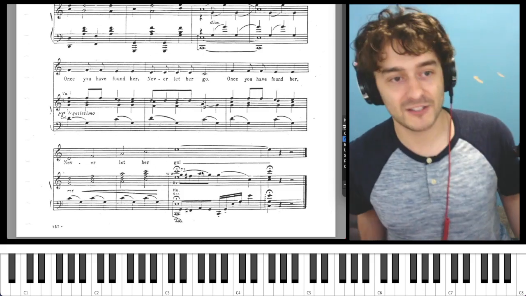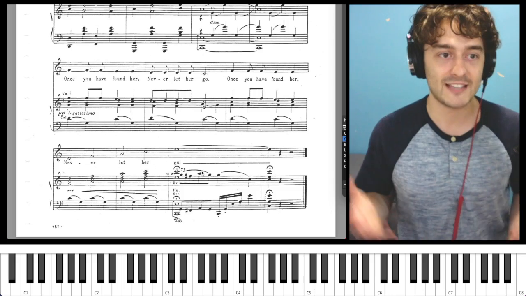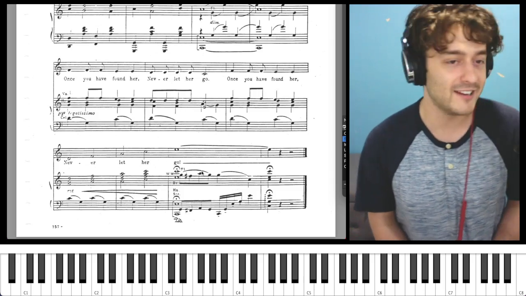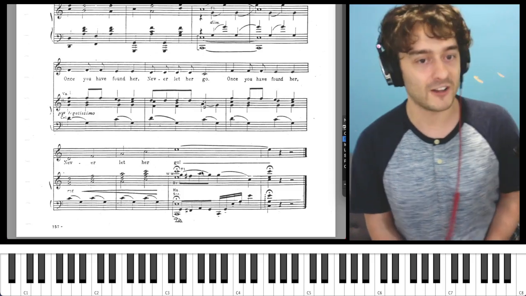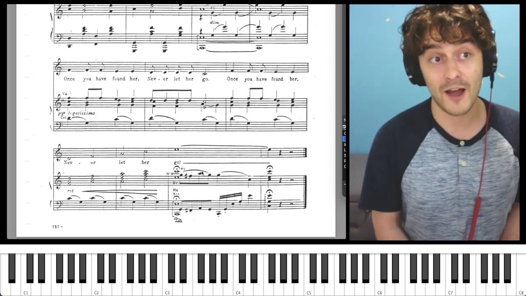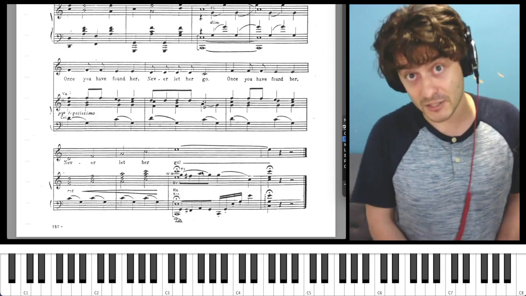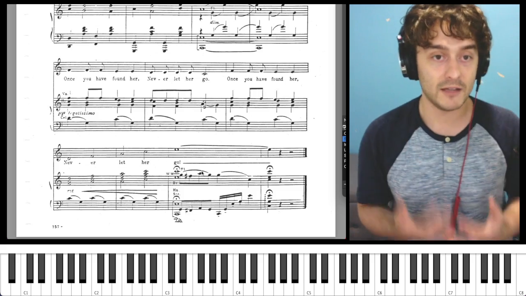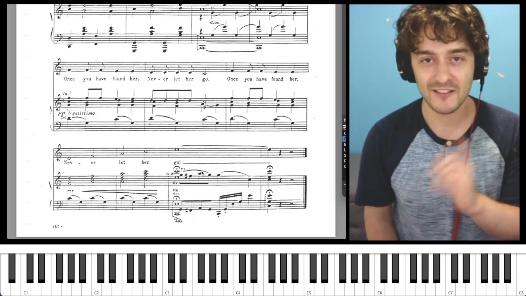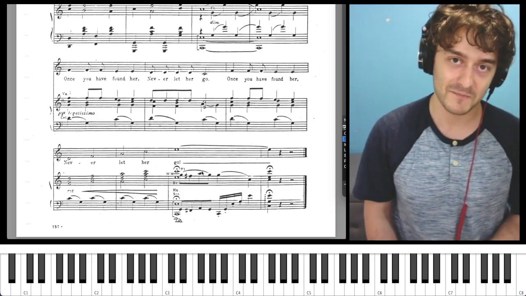And probably you haven't heard the song only once because, when you have these catchy songs in musicals, they love to put them in the bow music and the exit music. I don't know the bow music and exit music of South Pacific off the top of my head, but I feel like it would not be surprising if "Some Enchanted Evening" appeared there because it's such a widely beloved song and such a catchy one that they want you to leave the theater humming.